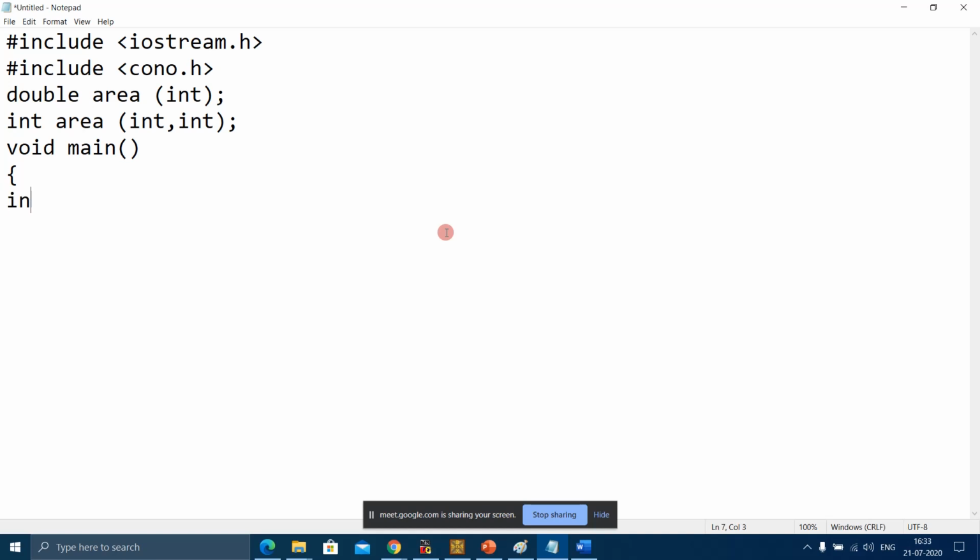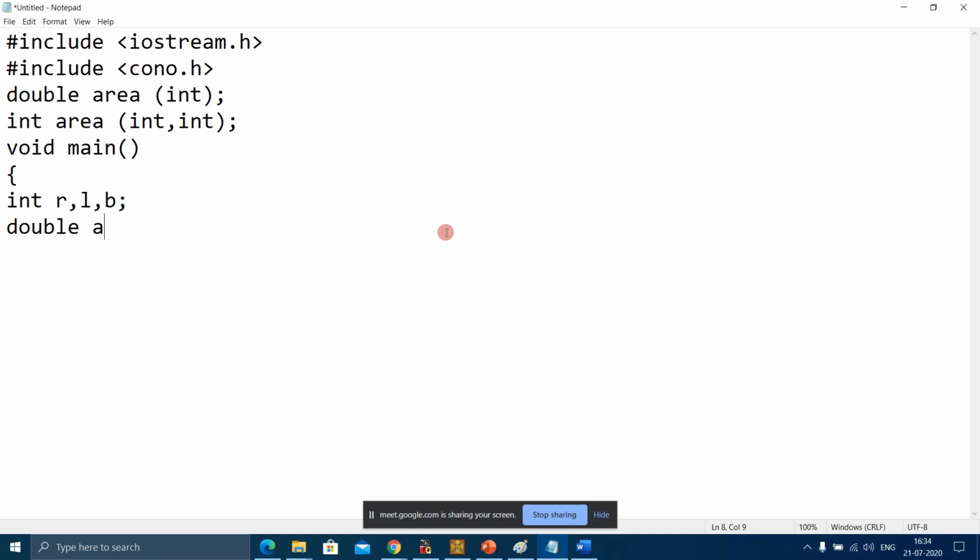When I declare a function other than the main function in a program, I require a prototype for that function. Did you get it?